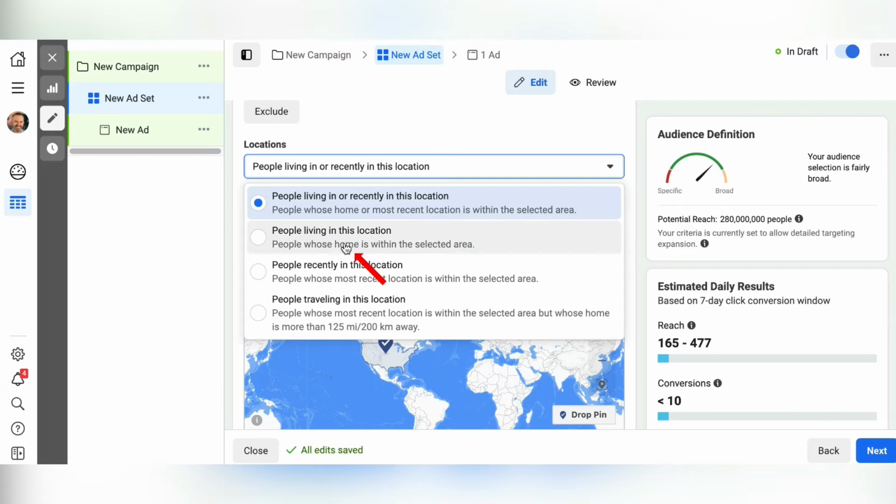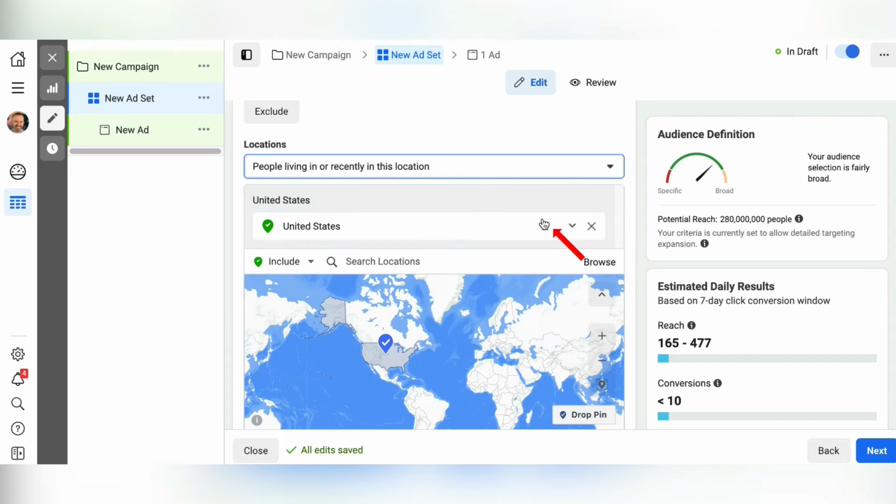Either that or people living in this location. You don't want people that have expressed interest in traveling to this location or people that were recently there. You want to keep one of these top 2 selected, okay? Now, when you want to add a country, let's say, all you need to do is just type it in